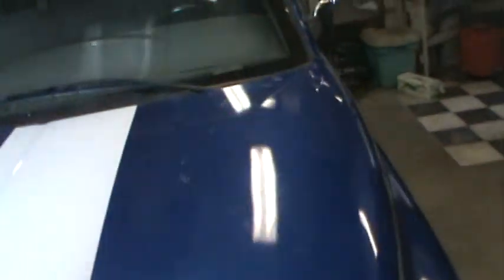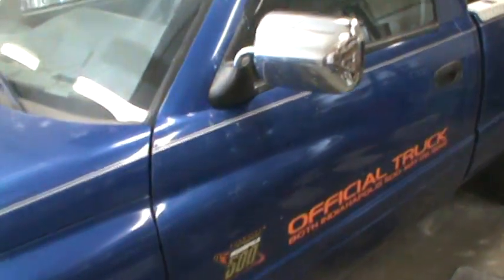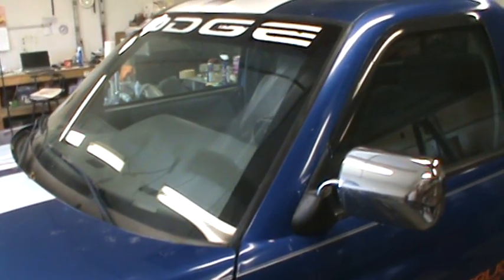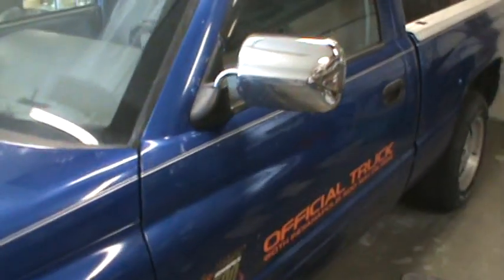So that's a look at it. It's a pretty nice old truck. I think it's a 96. It's one of those pace car trucks. And we'll work on all that stuff and see what we can find, see what else we can get into today. I'm gonna pull it out, and